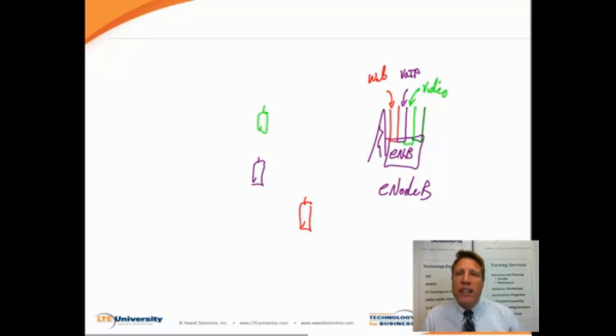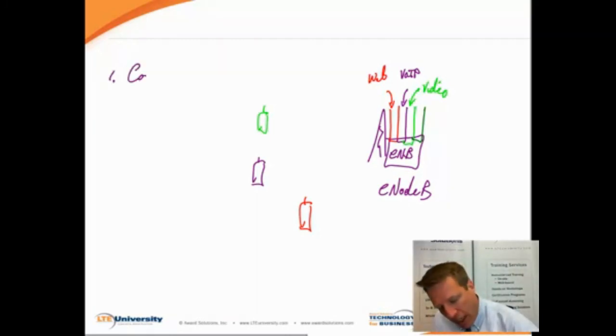And as we've spoken about in the previous sessions, and by the way, if you haven't watched the previous sessions, I'd recommend that you stop here and go watch the previous sessions to help fill out your understanding of QoS and how LTE supports it. But we saw that the definition of QoS was that we were trying to support different services according to their needs. And we said that in order to do that, we had to do a couple of things.